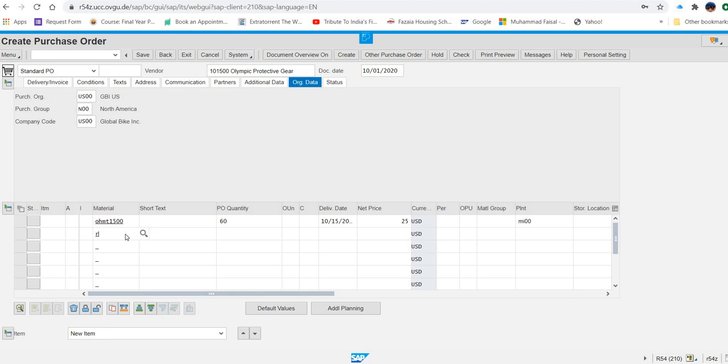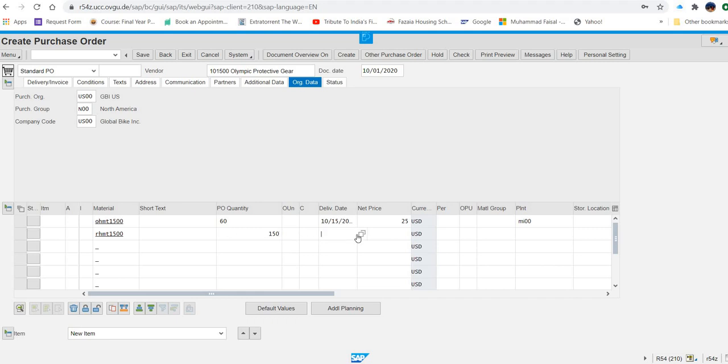Now they are saying you have to enter the second item, that is RHMT1, and again it has to be like this, but you will replace this with your GBI number. My GBI number is 500. Then the quantity they are saying is 150.